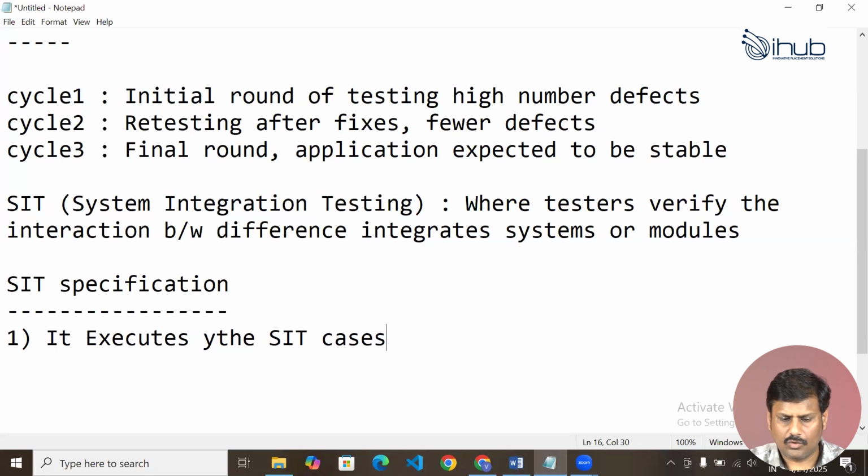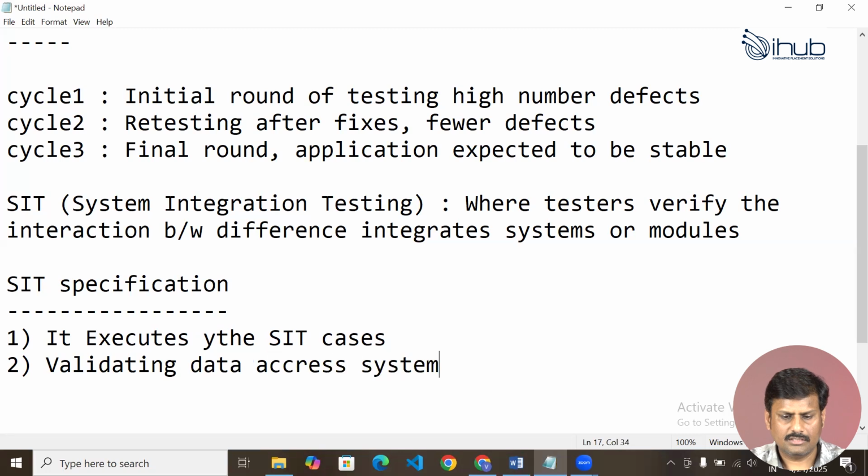And next is validating the data across systems, as I told you. The nature of SIT is that we are checking for integrity among the modules. So while integrating, data is flowing among the modules, integrating properly or not. That's called validating data across the systems, like across the modules. How data is validated is a part of the system integration we test.